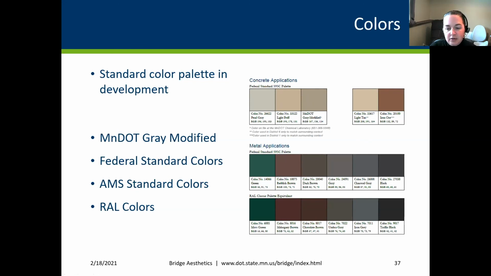And then you're also going to see we have colors that we use on our metal, and we've kind of isolated those as well to just browns, grays, and greens. So we're slowly over time getting these refined in. If you've worked with colors at all, you're going to notice that there's a federal color, an AMS color, and an RAL color. That confuses a lot of people.